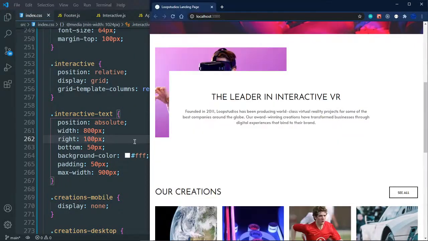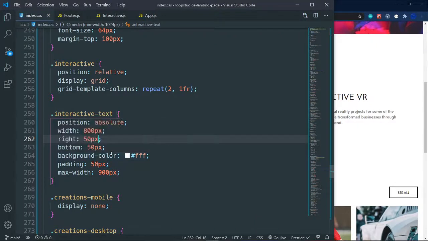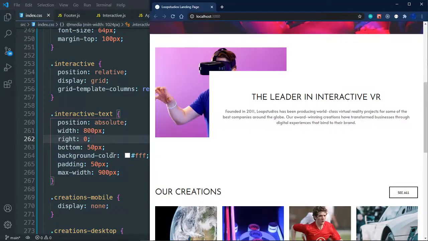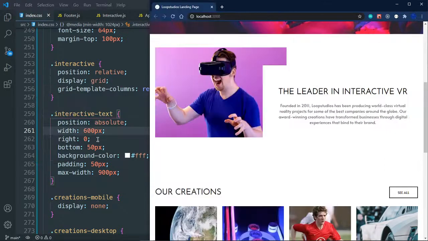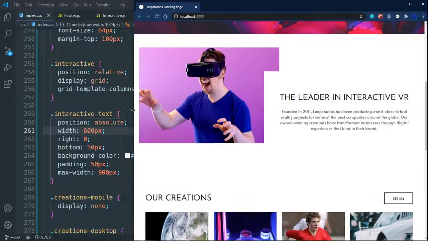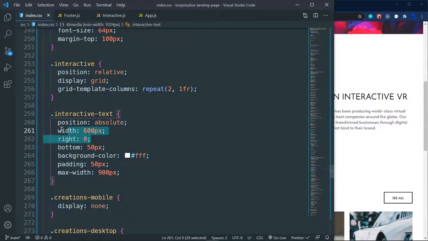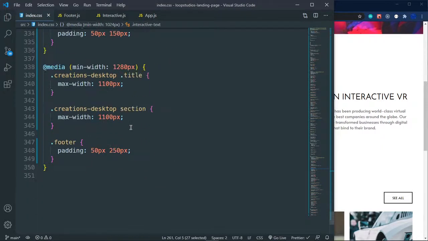Let's say 100. Let's say 50. Okay, you know what, let's say 0, and then reduce this to 600. Okay, yeah, that looks better. Yep, that looks better. We just need to change these two for the interactive text on, what was it, on